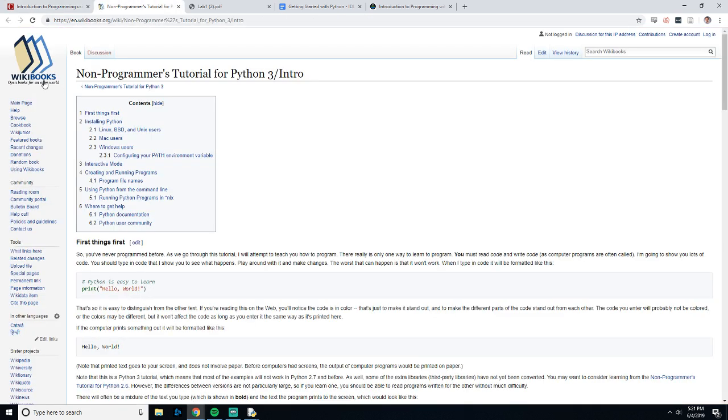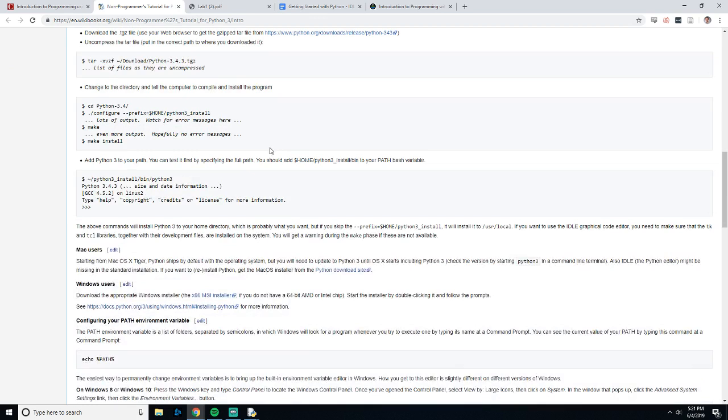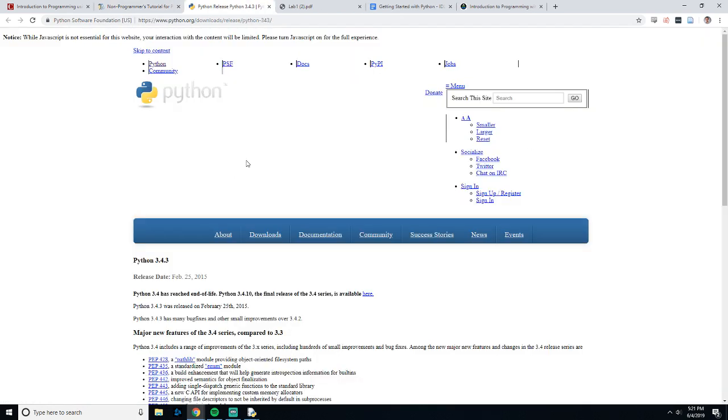this whole website, the wikibook, a non-programmer's tutorial for Python 3. It's really great for everything, not just for installing Python. But yeah, I would go. That gives you like a launcher. I'm on Windows and I'm pretty much always on Windows, but